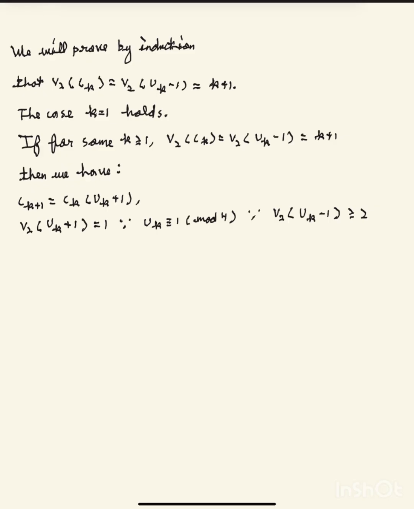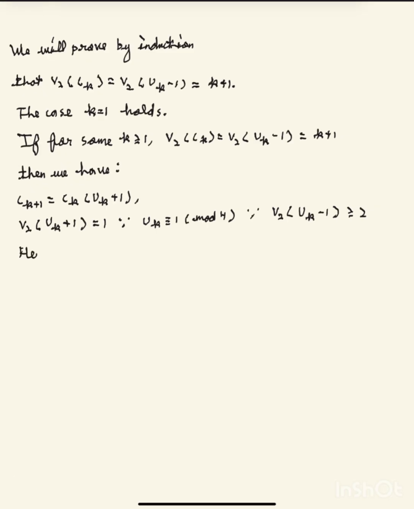So hence v2 of c_{k+1} is equal to v2 of c_k plus v2 of u_{k+1}